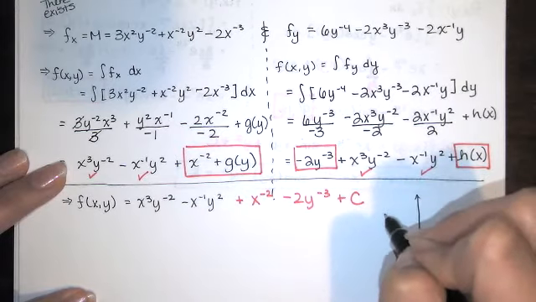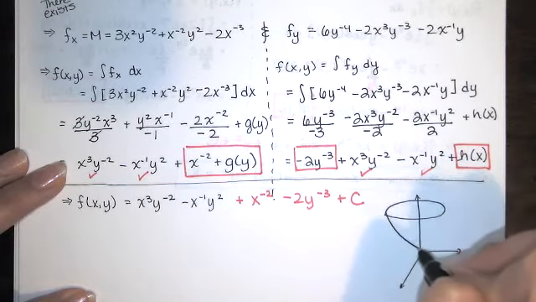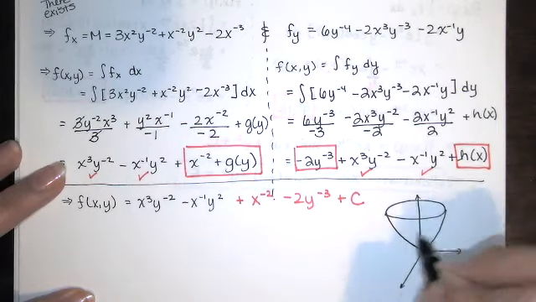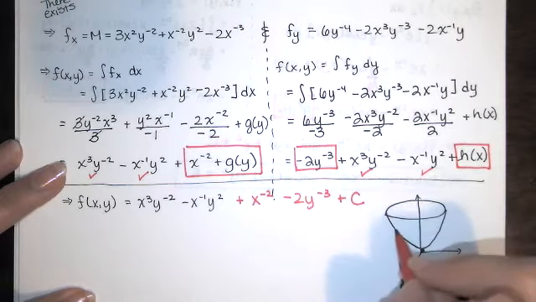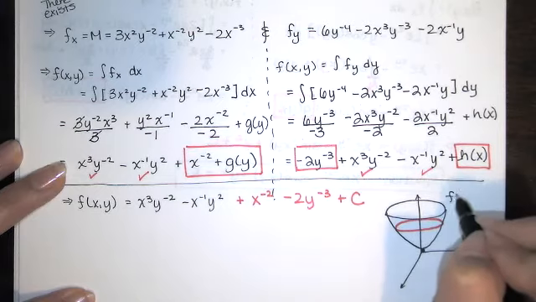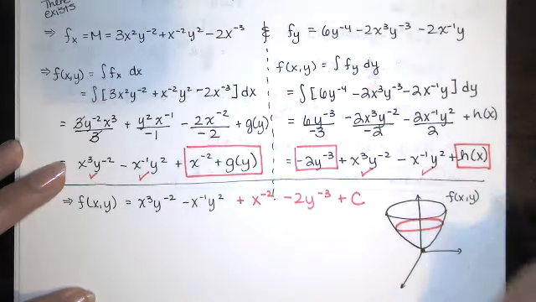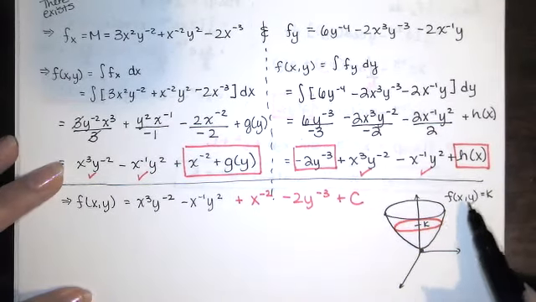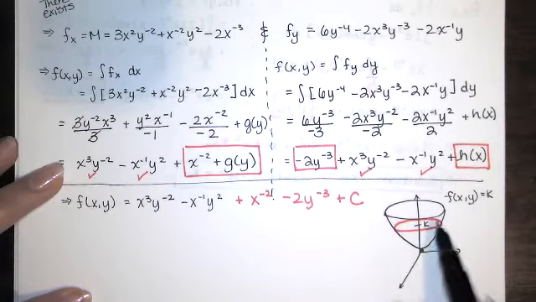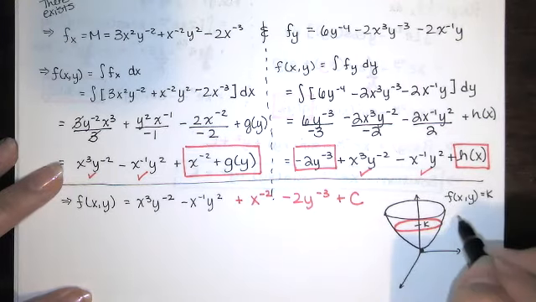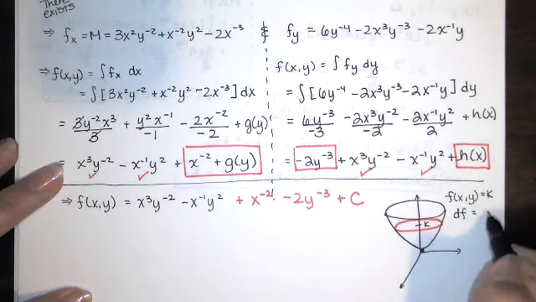So I'm just going to draw that elliptic paraboloid again. This one didn't go through the origin this time. If my function is z equals f of x, y, and f of x, y is equal to a constant k, like let's say k is 20, so z is equal to 20, and I take the differential of both sides, I'll get df equals the differential of that constant, which